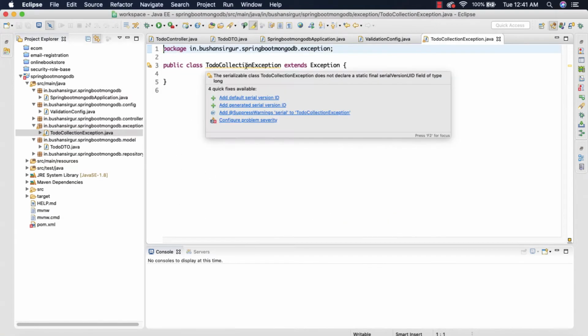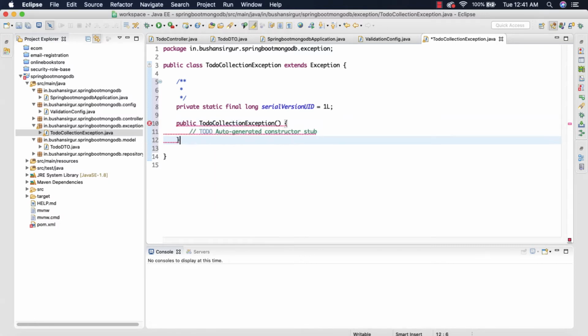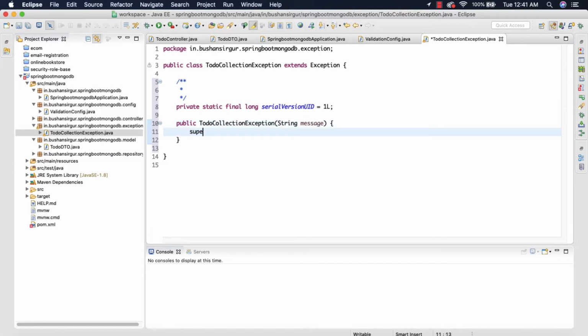So let me add the serial version. Inside this I'm going to create a constructor, ToDoCollectionException, and this is going to take a string as a parameter, and I'm going to pass that string to the super method.